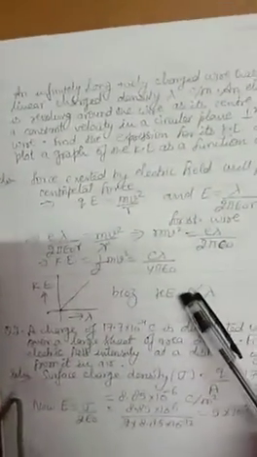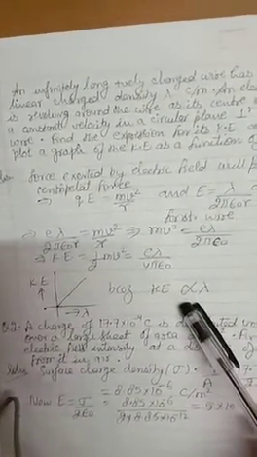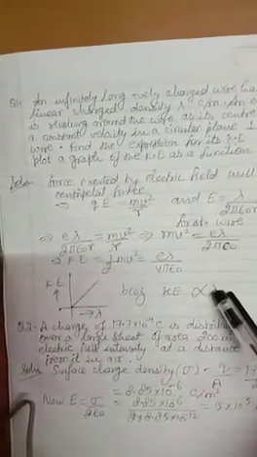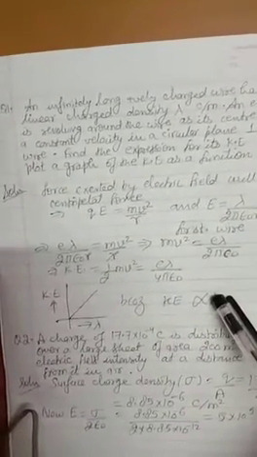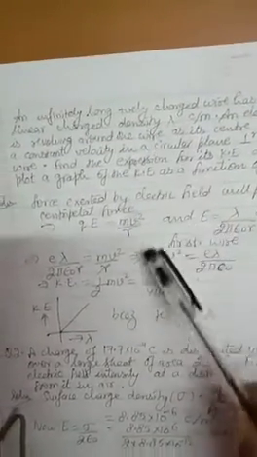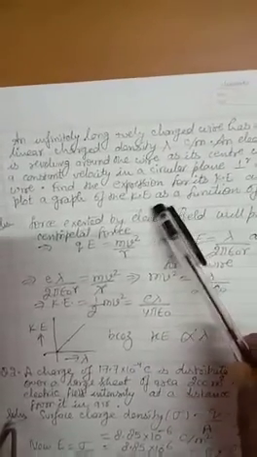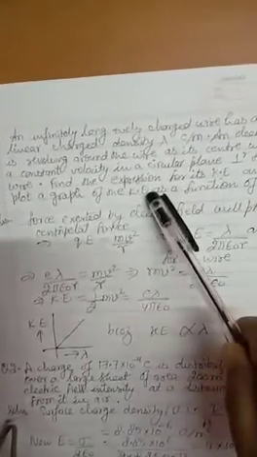Now one more question: this question was there for 3 marks in the board exam. The question says an electron is revolving around a straight wire and the center of the orbit of the electron coincides with the wire. In that case, if the linear charge density is lambda, then we have to calculate the expression for the kinetic energy of the electron, and show the variation of kinetic energy with linear charge density.